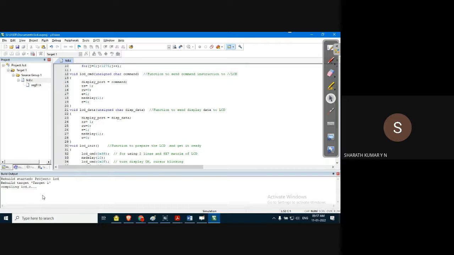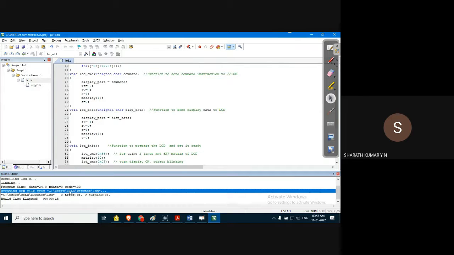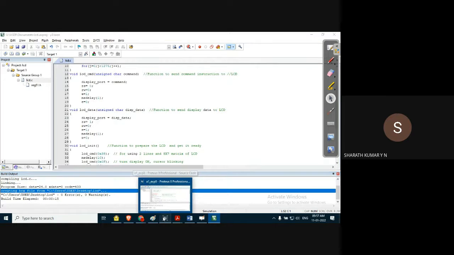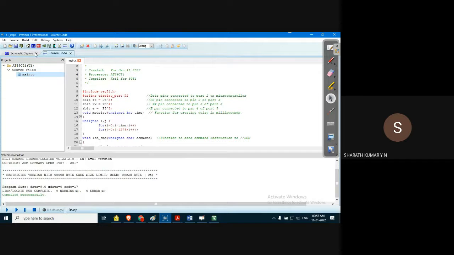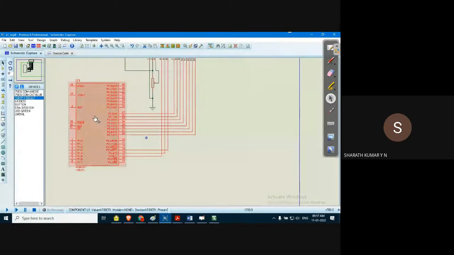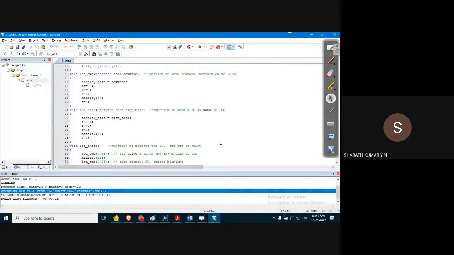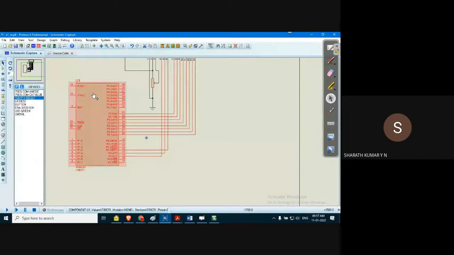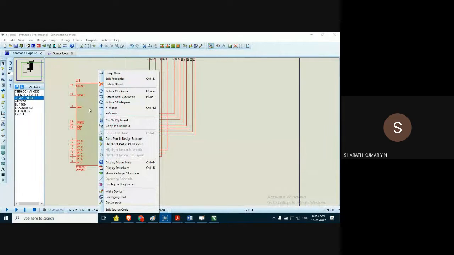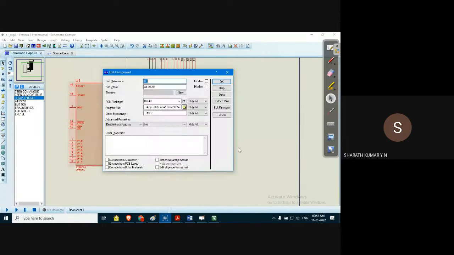Once it generates the X file, to convert our module into firmware, we have to append the X file into the microcontroller module. Once the X code is generated for our source code, the next step is to go to the Proteus software to append the X code generated by some other compiler. For example, we have used our Keil compiler to generate the X code.